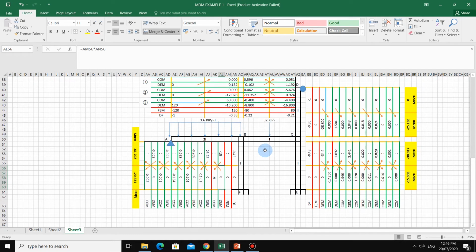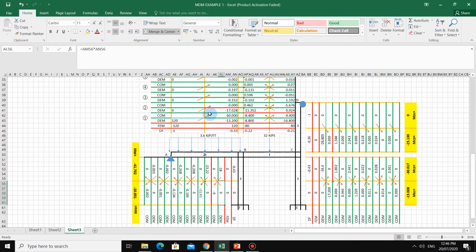Okay, so in order to complete the first cycle, we have to get the COM, the carryover moment. Again, at A, this will be locked. You notice here that we have this double line, color blue. So we will lock this since we have already modified AB. Okay, so we modified AB. So if we lock this here, so this will not get a 1/2